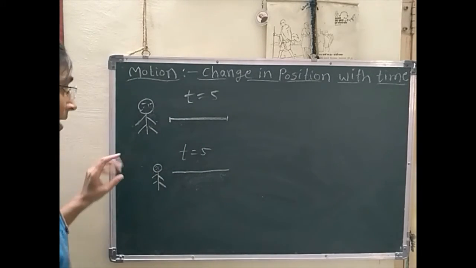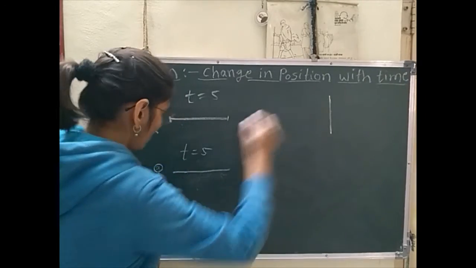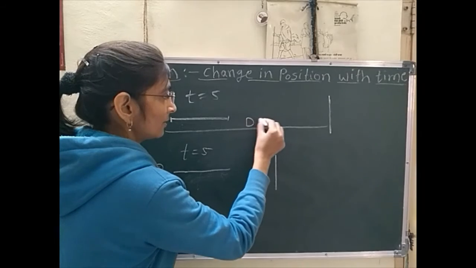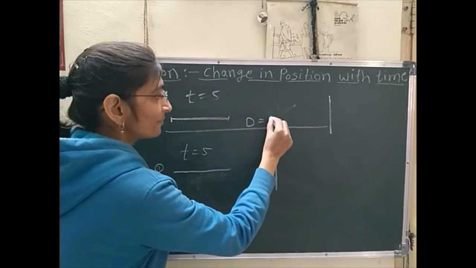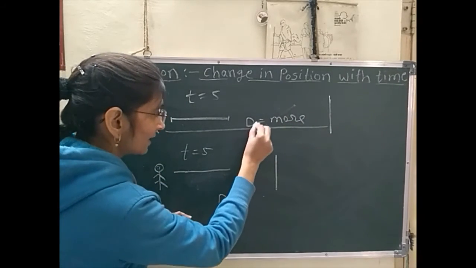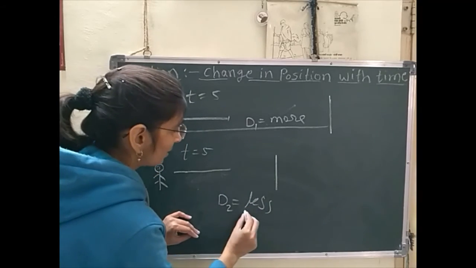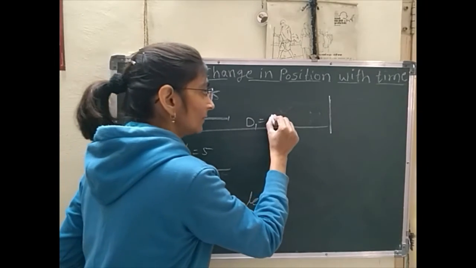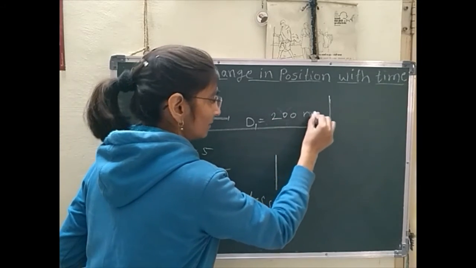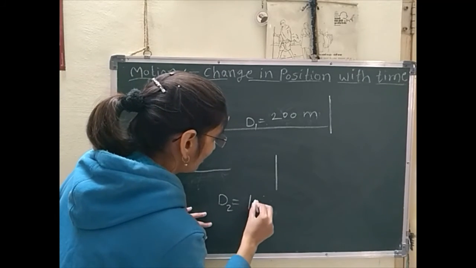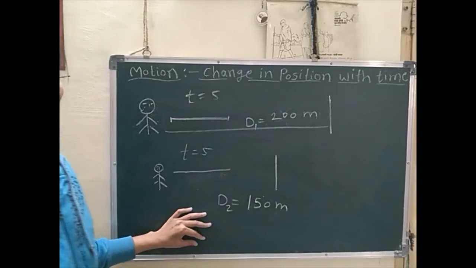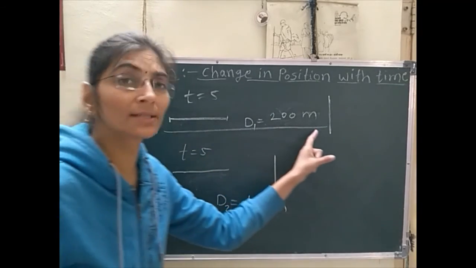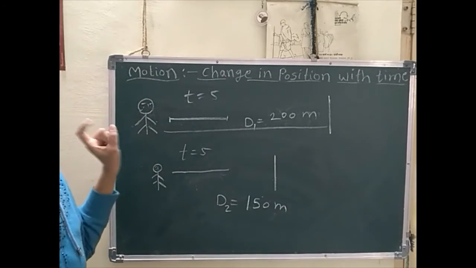तो क्या होगा, ये चला जाएगा यहाँ तक, ये पॉइंट तक चला जाएगा और within 5 minutes that fellow will reach up to only this point. मतलब इसका डिस्टेंस ज्यादा होगा, डिस्टेंस मोर. और इसका D2 डिस्टेंस लेस होगा. एंड टाइम ड्यूरेशन सेम ही है 5 minutes. सपोज इसने 5 minutes में 200 मीटर ट्रेवल किया और इसने ओनली 150 मीटर, है ना. तो किसका स्पीड ज्यादा है, इसका स्पीड ज्यादा है, क्योंकि इसने डिस्टेंस ज्यादा ट्रेवल किया पर टाइम ड्यूरेशन सेम ही है.